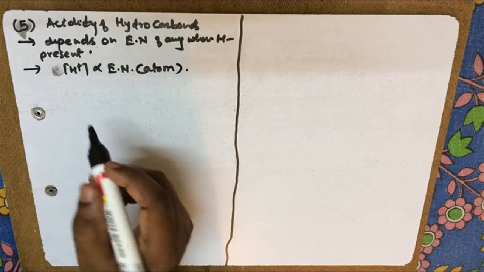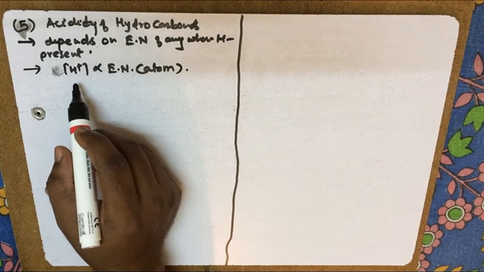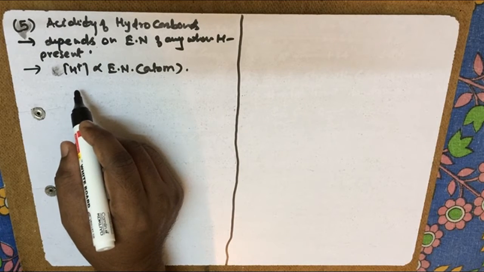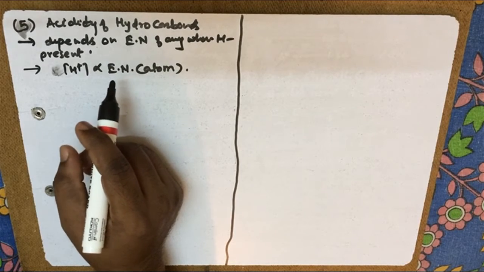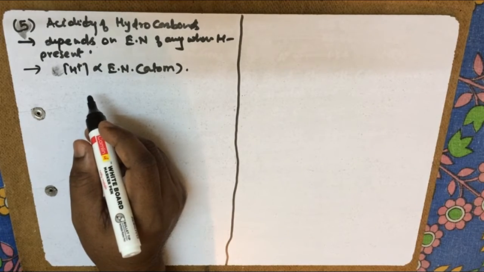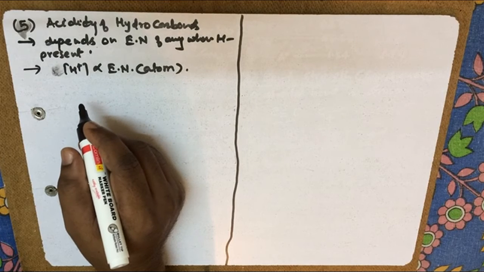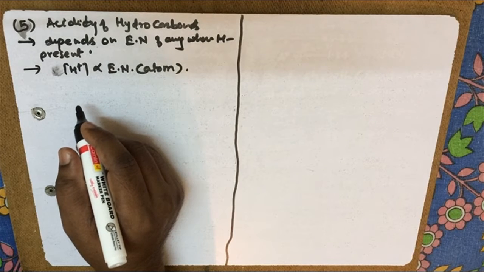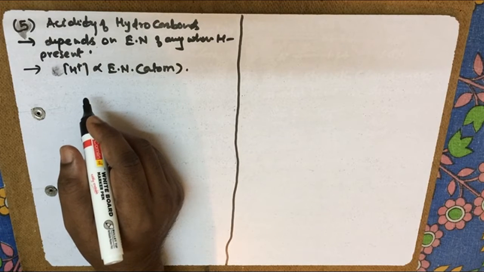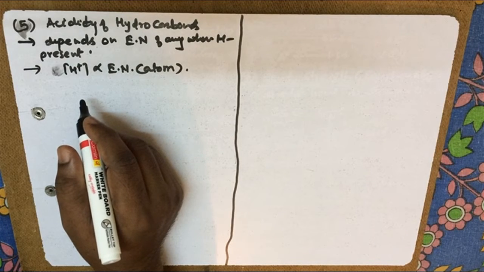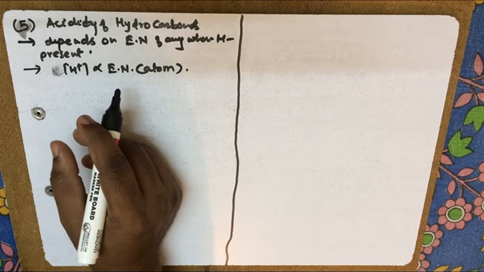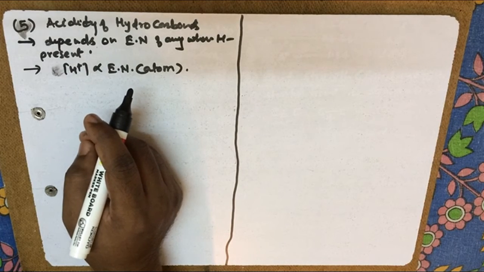So it means that acidity basically depends on where your hydrogen is attached, to which species, which atoms. So that atom mainly gives the information about the acidity. Okay,